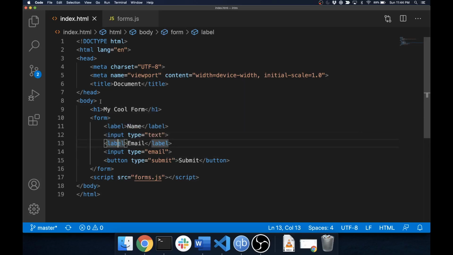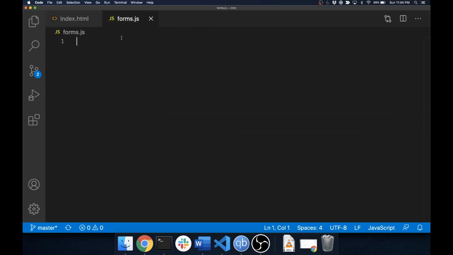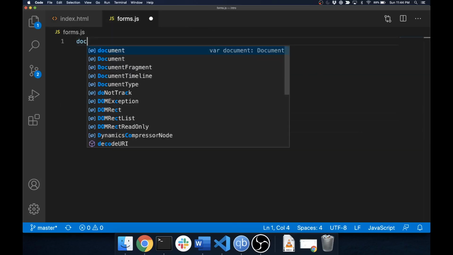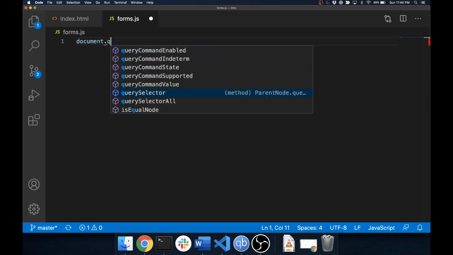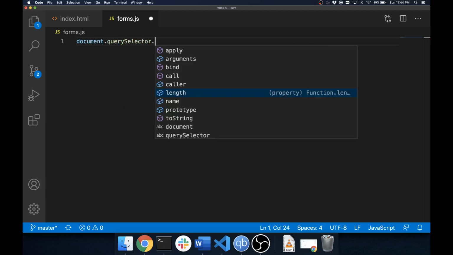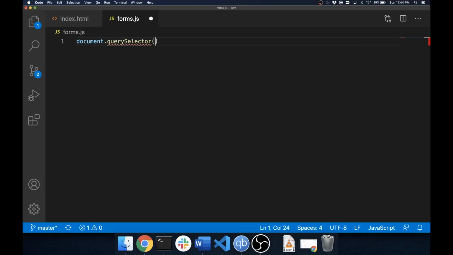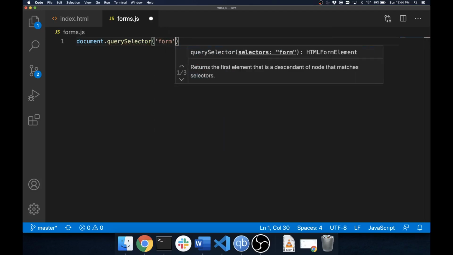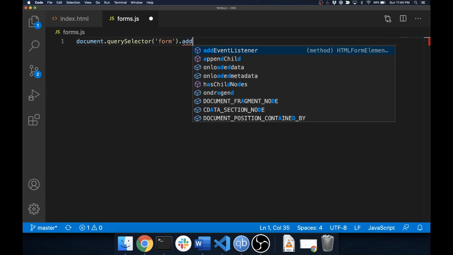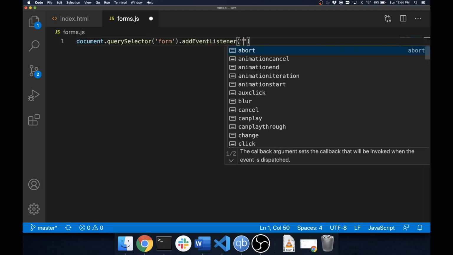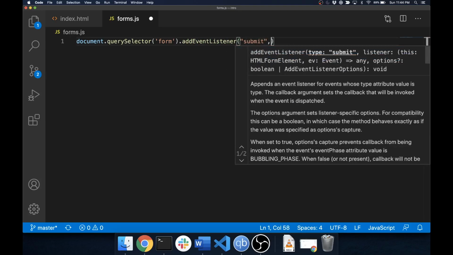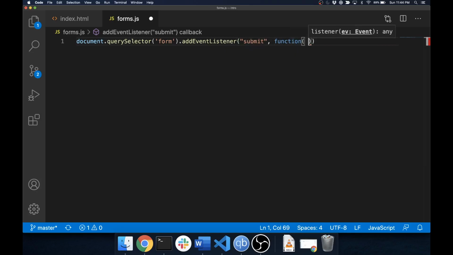But in this case, we're going to grab the form and listen to a new event called submit. So document.querySelector, and we're going to pass it form. We're going to add an event listener for submit. We're going to give it a function,